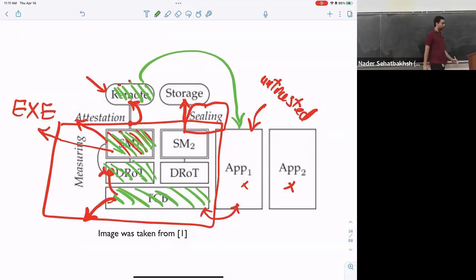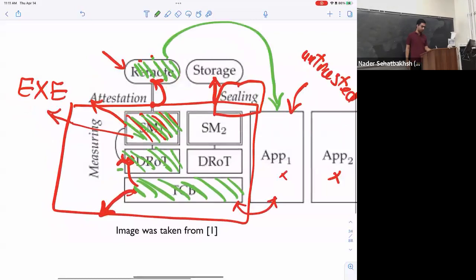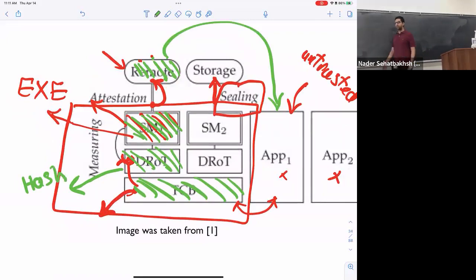For example, this module could be a service module that does the measuring for us. It could be a hash function, for example. Initially, the hash function wasn't part of our TCB because we want to keep our TCB small. So the TCB trusts the hash function, and now the hash function can be trusted. Then you can essentially infinitely increase your dynamic root of trust, because as long as you trust this, it can verify that, and that can verify the next, and so on. So you can expand your dynamic root of trust.